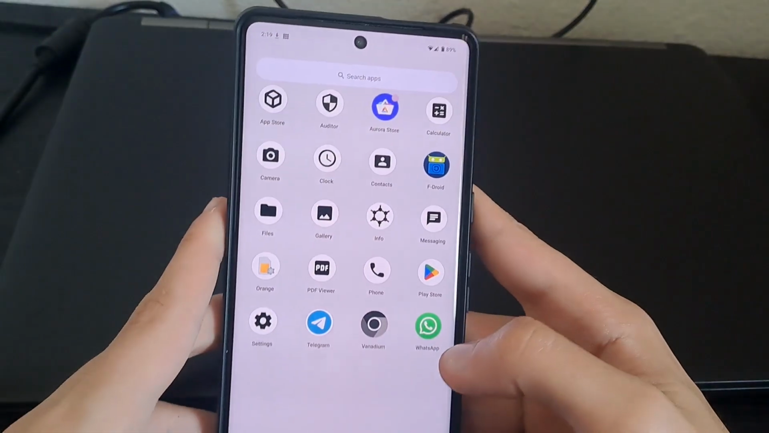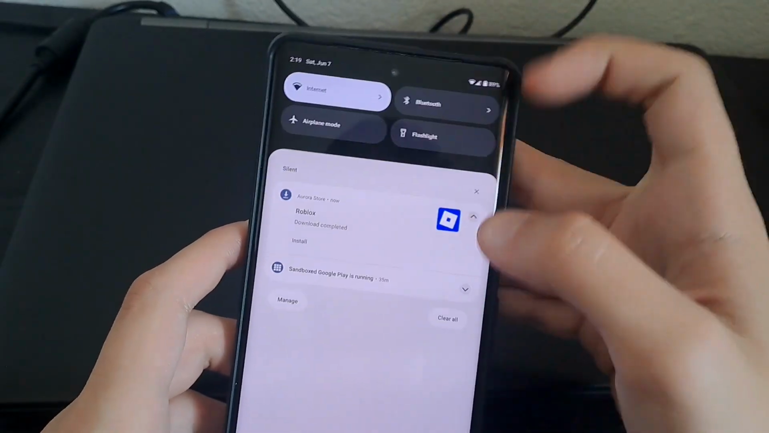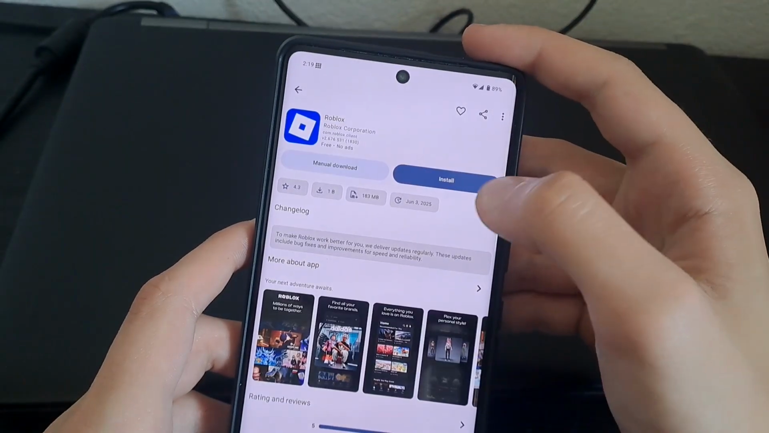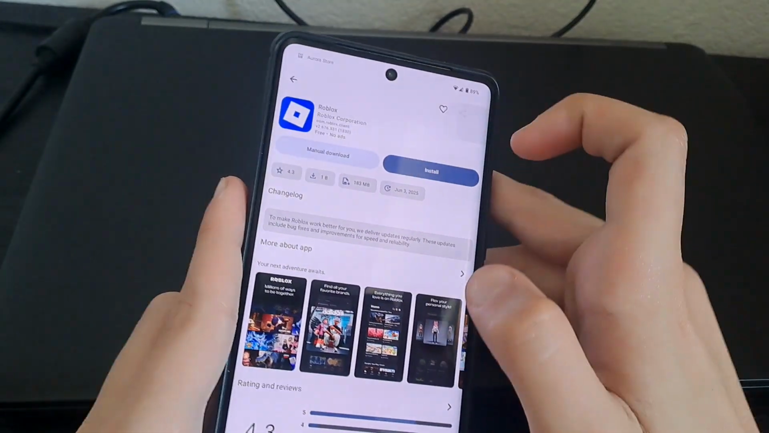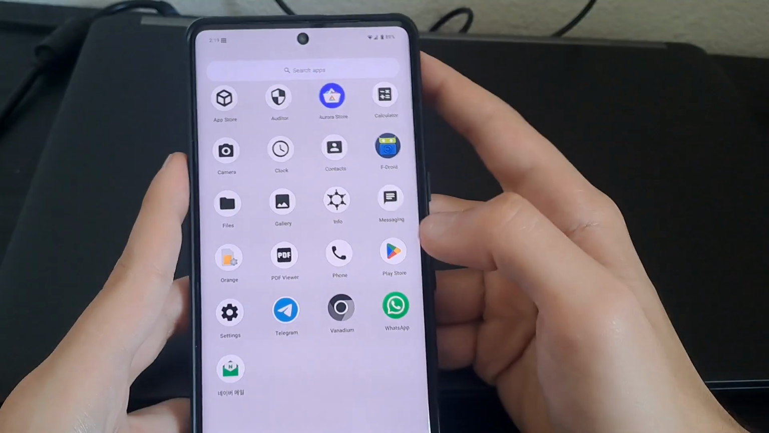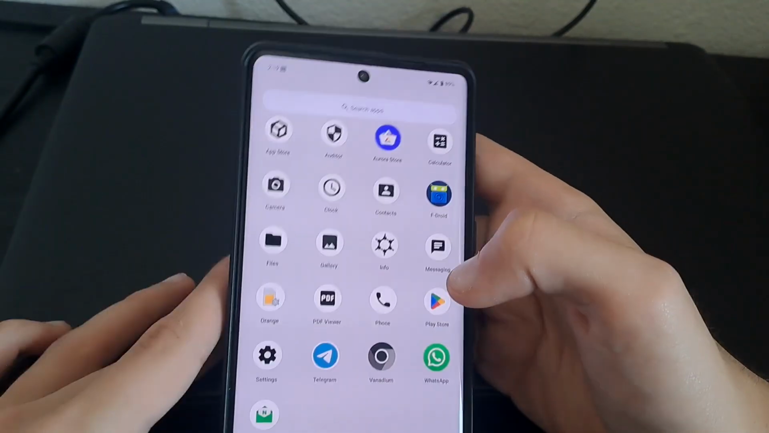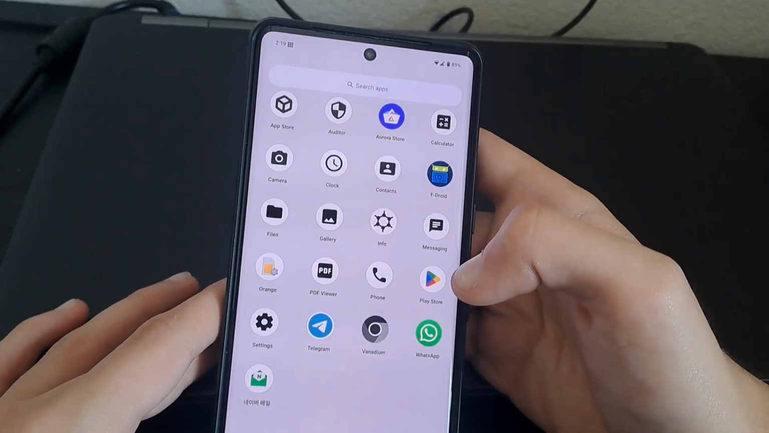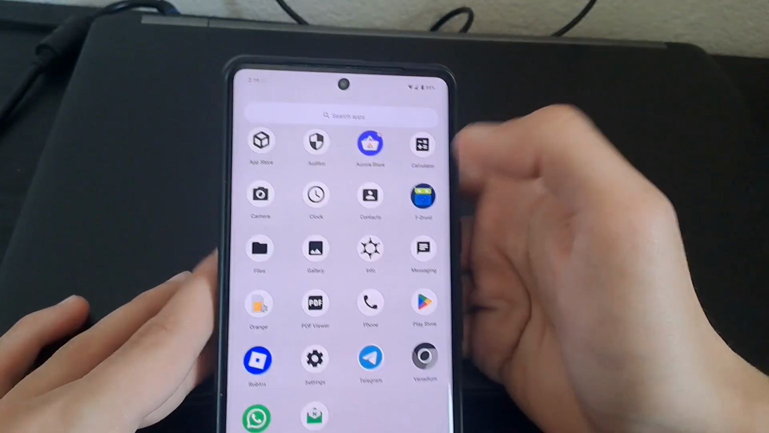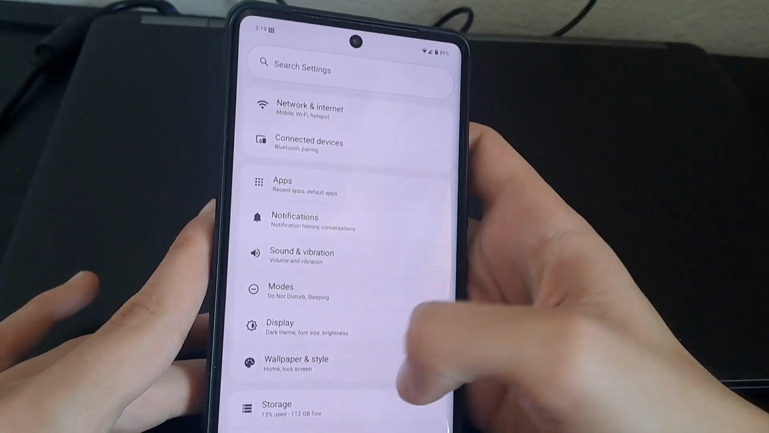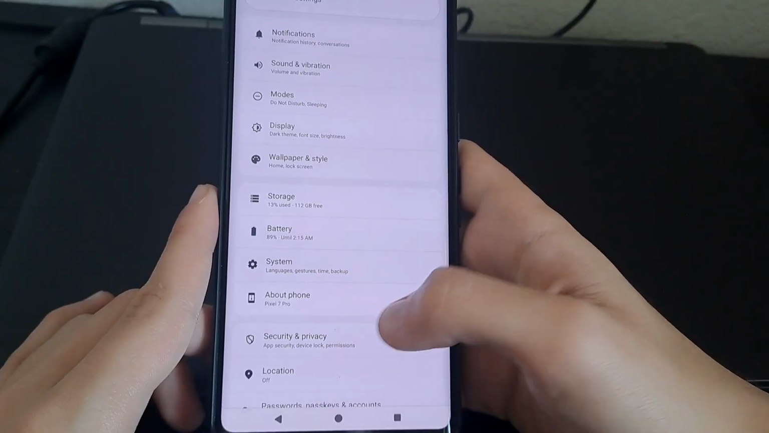Okay, so we got some of the apps installing. Roblox completed. Where's Discord? Install Roblox. Where's Discord? Well, I guess we can do without Discord. So, what else is there on... Are there any other specific features on